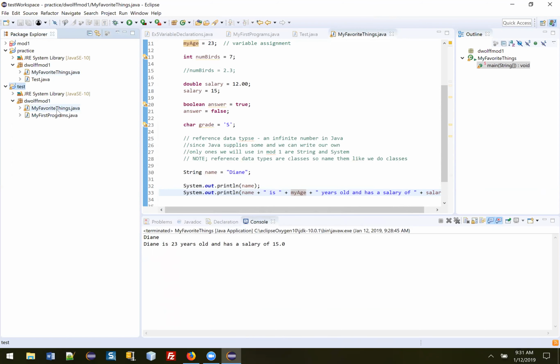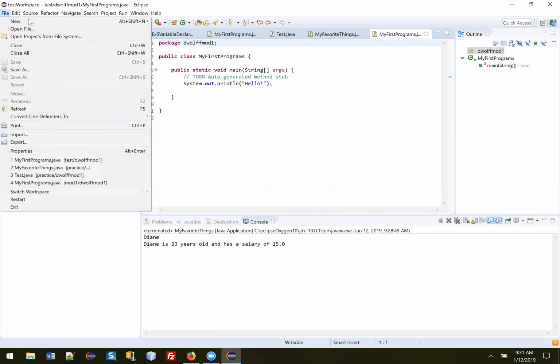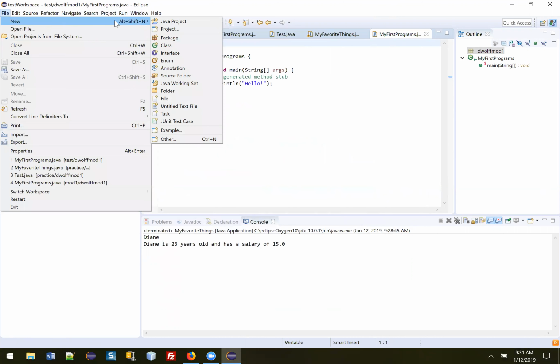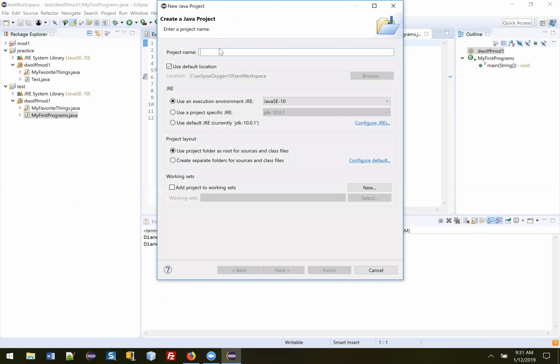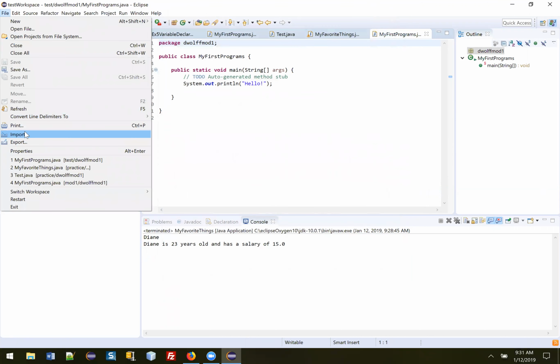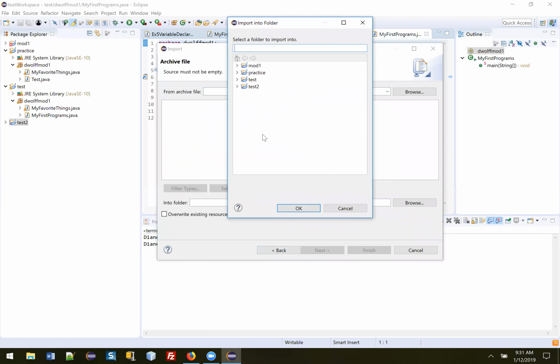My favorite things are in there, and my first program's in there because I already had something in test that had that, if you remember. Okay, just to prove that to you. If I do a new, because I had used test in the last movie, I guess, and I do test 2, and this is what I need you to play with to begin with, because you don't want to lose stuff later on. And now if I do a file and I import next and I browse,